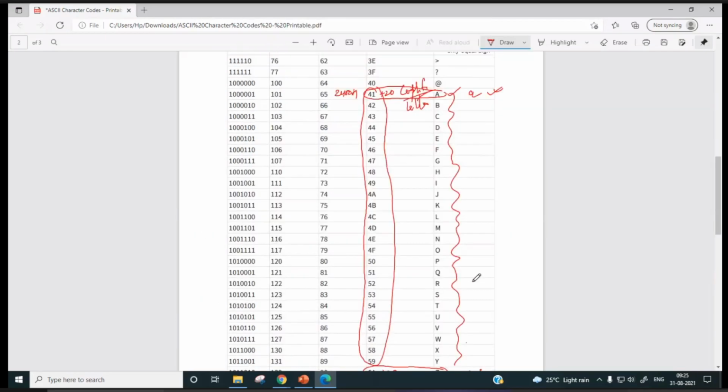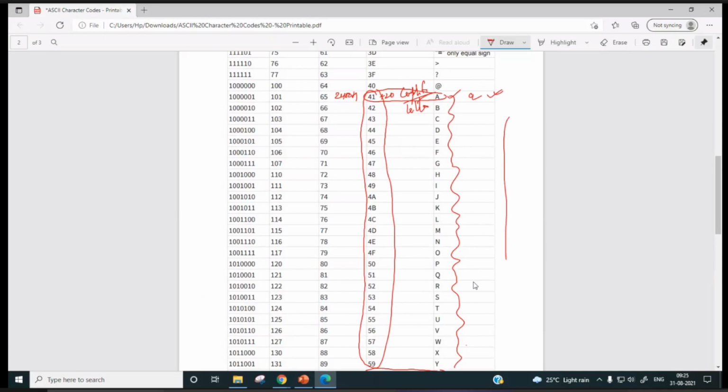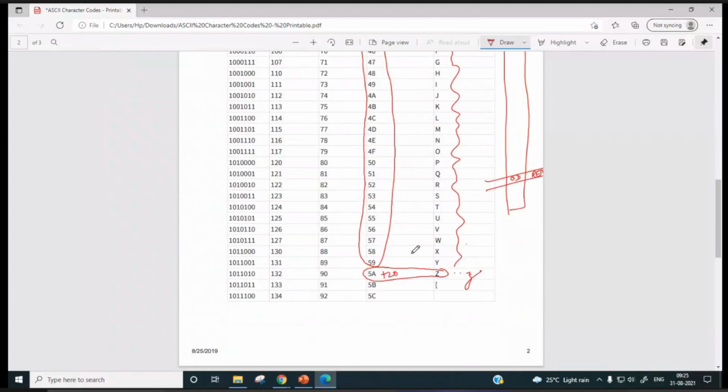Similarly, suppose an ASCII string is there. It starts with some typical character, say 20H. 20H means it is a blank space. And it ends with, say, return, carriage return. So its corresponding hex code is 0D.